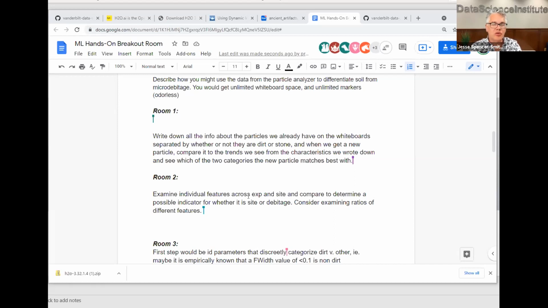But that could easily go into a number of different techniques. But that's the start of a number of different techniques. Let's say that one's closest perhaps to something like regression, where you find the parameters that define one versus the other. In this case, though, we'd have to do something special with that, something called logistic regression, which is a way to come up with an A or B answer, experiment or site.